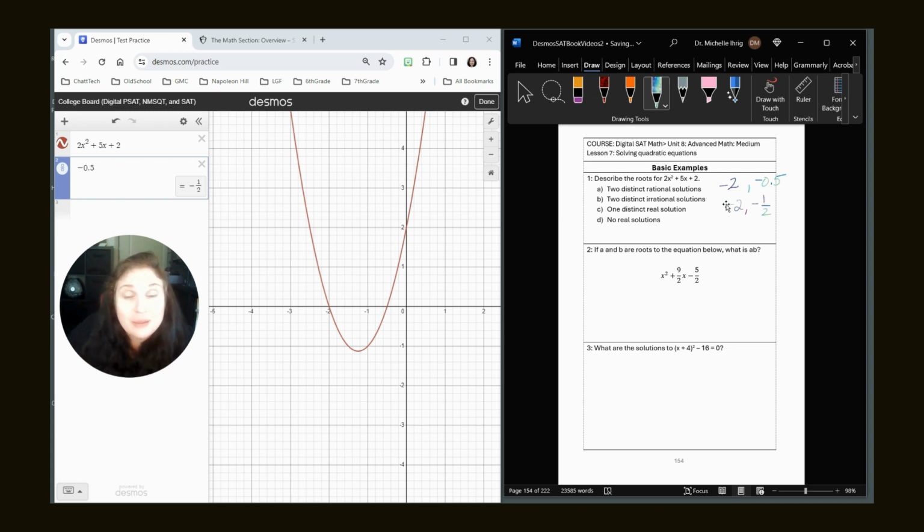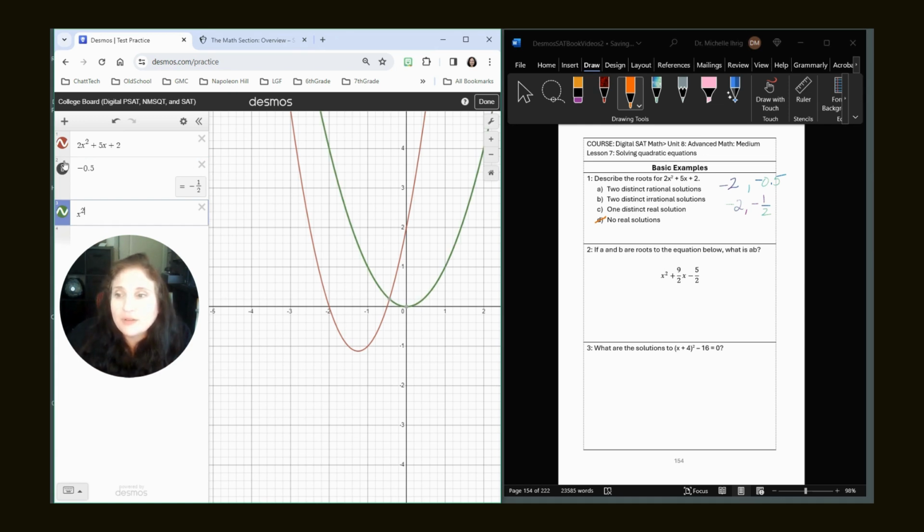Let's see what makes sense. I'm going to work from the bottom up. There are no imaginary numbers, there's no i, so those are real solutions. One distinct real solution would be where the graph just touches the axis. For example, x squared is a perfect example of one distinct real solution because it only has one root right here, no other roots. So that's not true, because if we look at our graph, it crosses the x-axis twice,